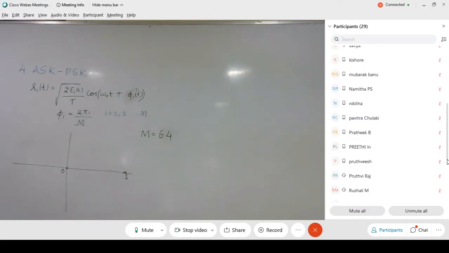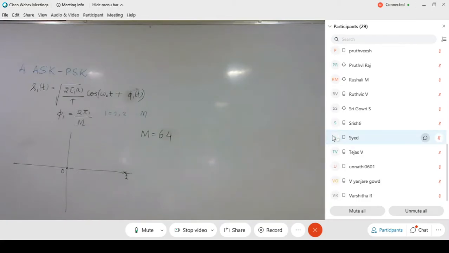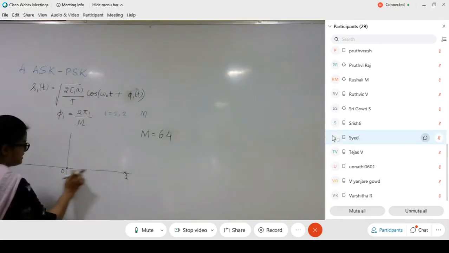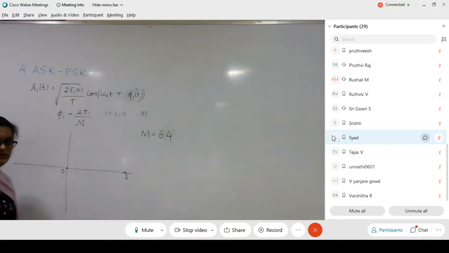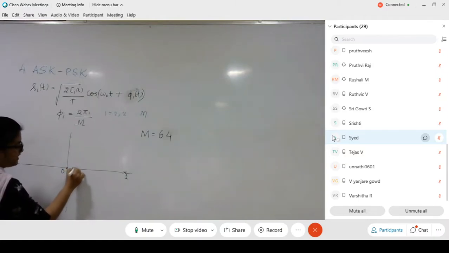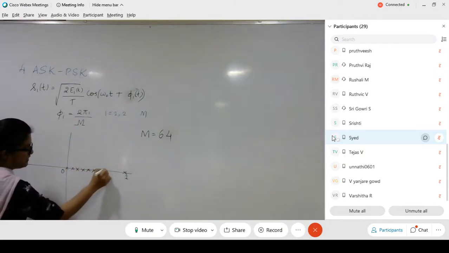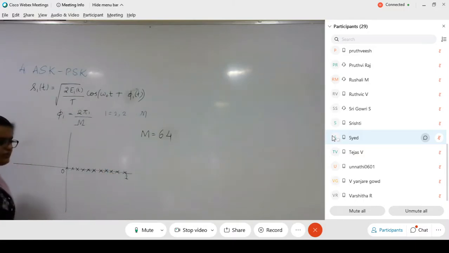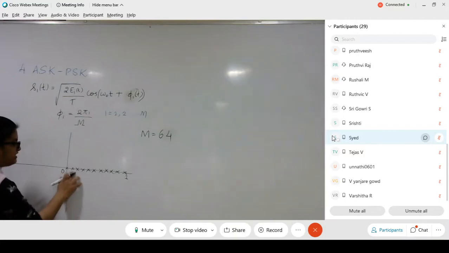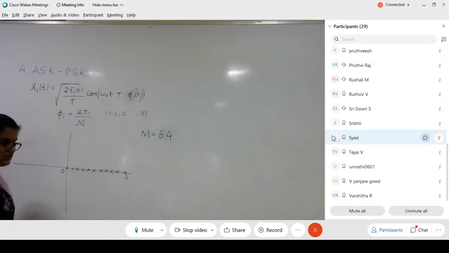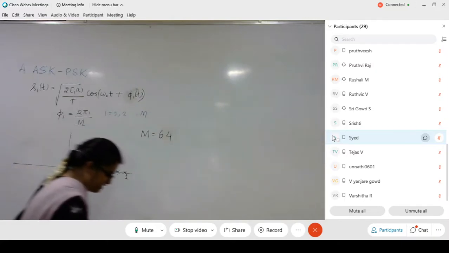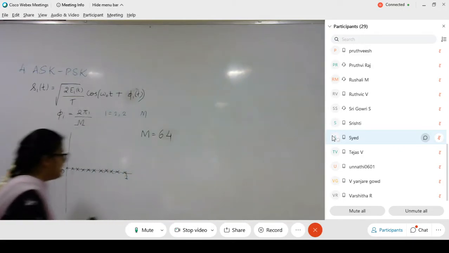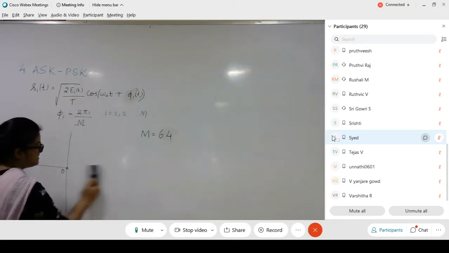If you had written the assignment properly, then you will know the difficulty in assigning amplitudes between 0 and 1, equally distributed among 64 such symbols. If they are so closely spaced between 0 and 1, it will be very difficult to distinguish between S1, S2, S2 and S3, S3 and S4, and so on. So symbol detection will become a very hard task if more symbols sit along the same amplitude.